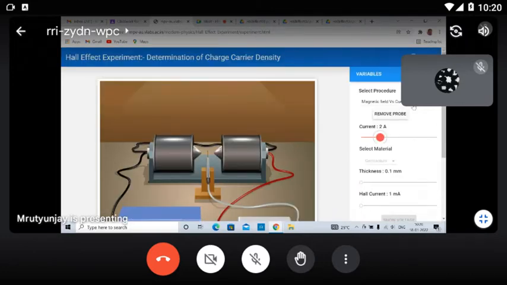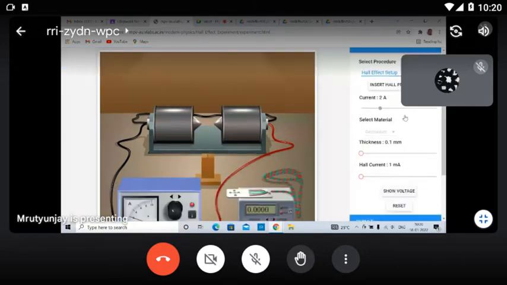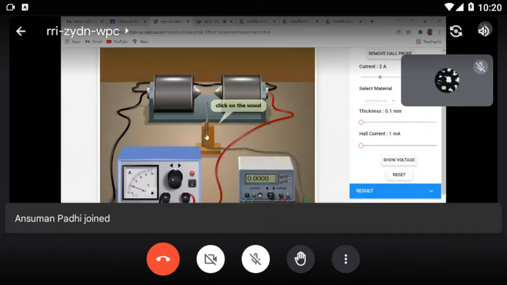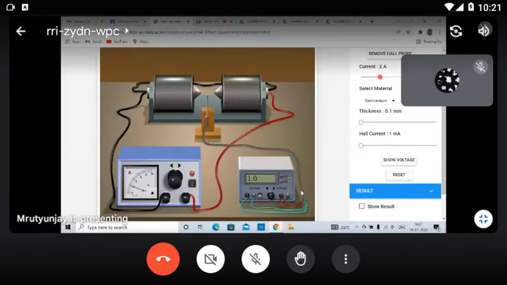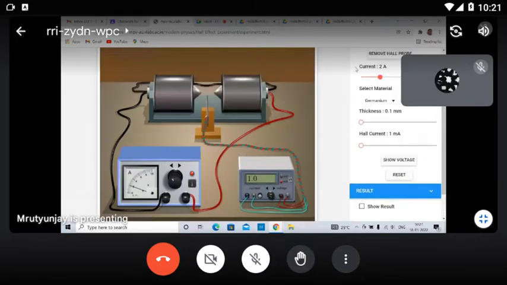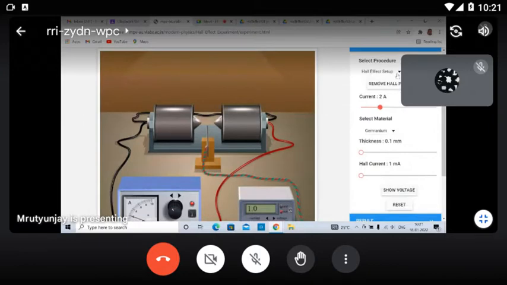Then after go to table 1 and change the procedure from magnetic field setup to Hall effect setup. Then click on insert Hall probe, then click on the mode. Okay, right now what is it showing? 1 milliampere. That means it is showing the Hall current. Okay, got it? That means when you change the procedure to Hall effect setup,